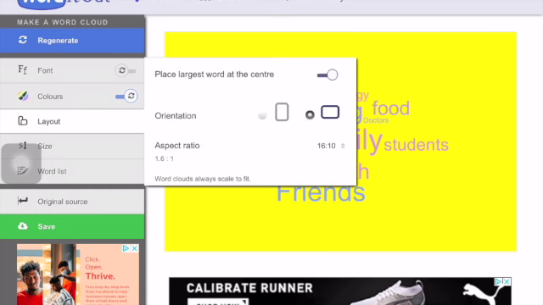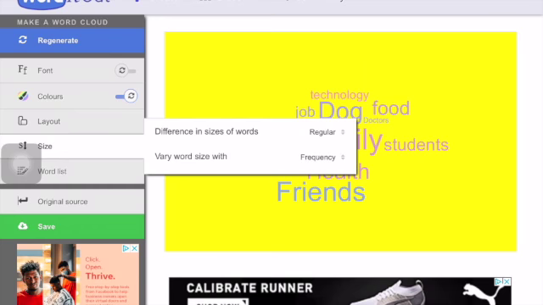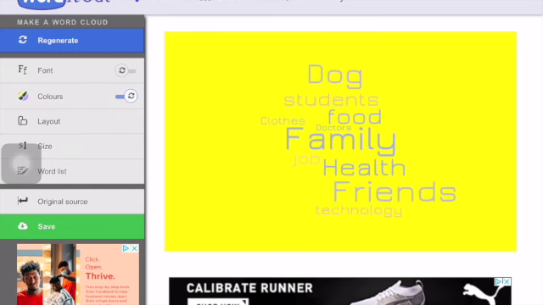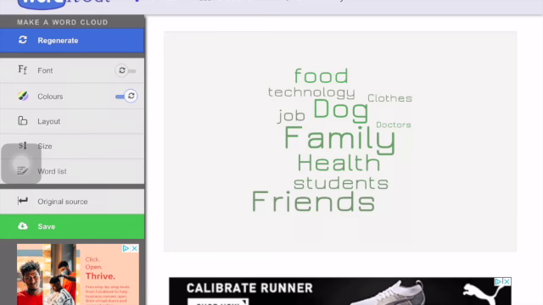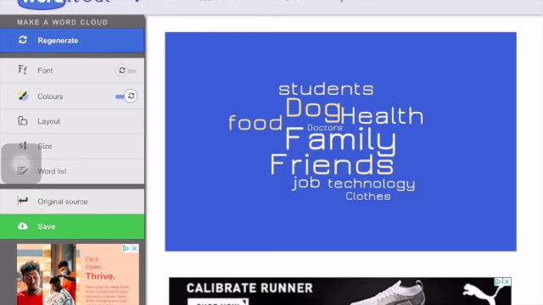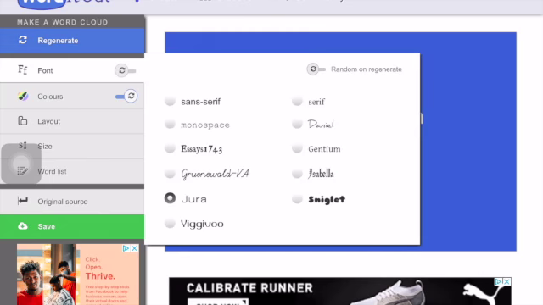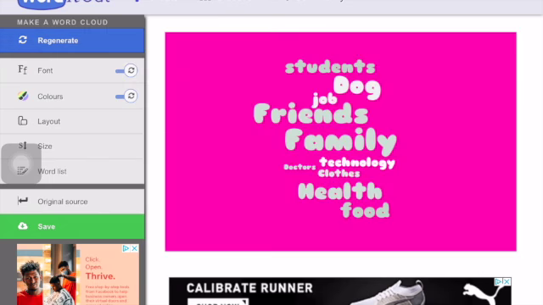You can pick the layout, how you want them to show up, and your size. Okay, but I'm just going to pick regenerate and keep going until I find one I like. Okay, and I'm going to switch that back to random too. All right, when I'm done,